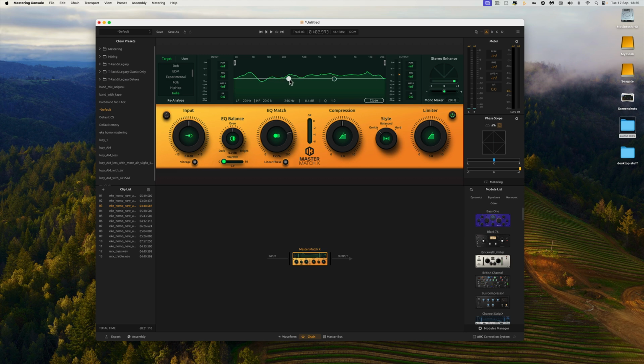Well, you can put in a peak node like that, and then with fairly wide Q, just drag that curve down at that point as narrow or wide as you want. And you still get the overall curve with all of its movement and bumps, but you're just dragging down a particular area or pushing up a particular area. And if I just exaggerate that and then put another bump there around 2.7K and push that up and exaggerate that as well,